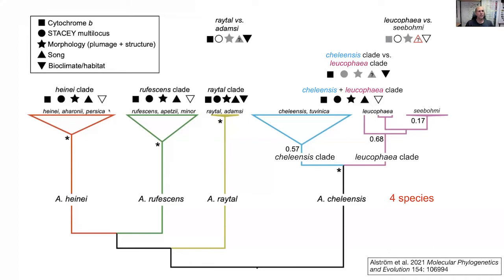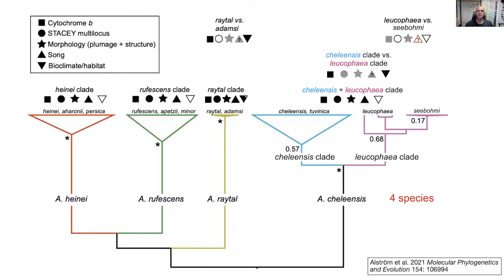So they differ in mitochondrial DNA. The tree is not shown here, but there are deep divergences between all those. They are deeply divergent in multilocus analysis, a coalescent-based multilocus analysis program called STACY. Morphology differs as well, song differs, and one of them, the right-tailed clade, the sunlark clade, it also differs in